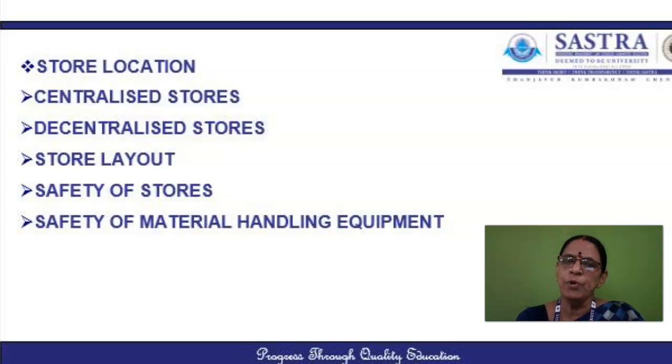So though we have four bases, namely the supplier, the item similarity, the joint issue and the size and the frequency of the issue, the size and the frequency of the issue is said to be the most efficient method. So all fast moving materials will be placed at the entrance and the slow moving items will be made available at the last.